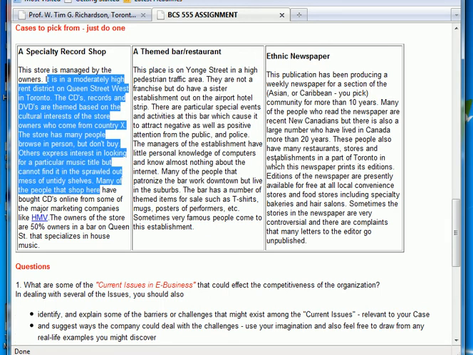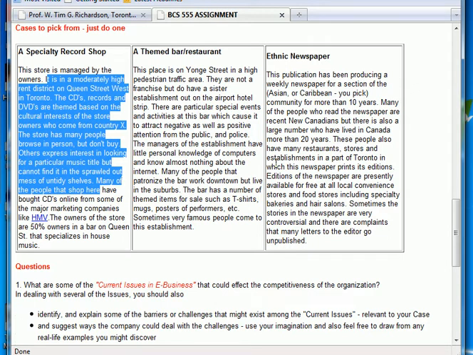And each one of these situations has e-commerce things that they need. For example, the ethnic newspaper would be able to have an online portion at which people could submit letters to the editor, or there could be additional photos of events. The theme bar restaurant wants to have a website so they can attract more customers, put up their menu, have pictures of celebrities. The specialty record shop wants to be able to sell some product online, as well as letting people sample music. There's all kinds of things that these scenarios would need a website for, and you have to use your imagination to expand upon that.